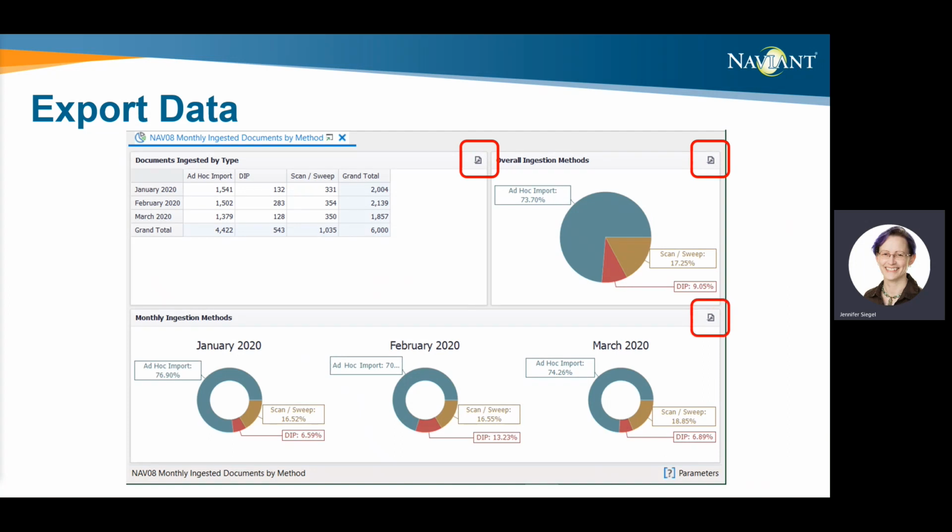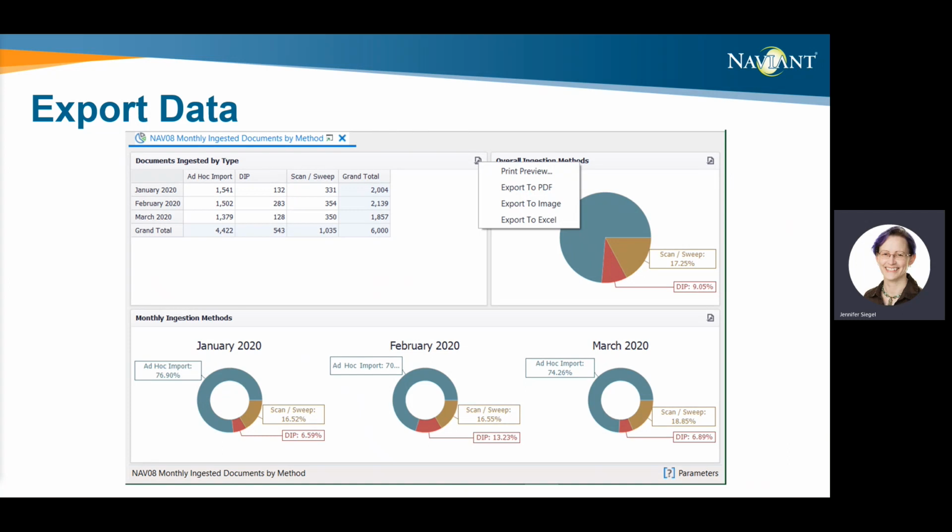So these are the little buttons in the upper right corner where you can, as of version 17, do a more granular export. So you can export, rather than the overall export data to get everything from the data provider, you can click on one individual item in the report to export just its data, right? So by clicking on the upper right corner of that item. So if I only want to see the grid data, I can click on its little button to export it.